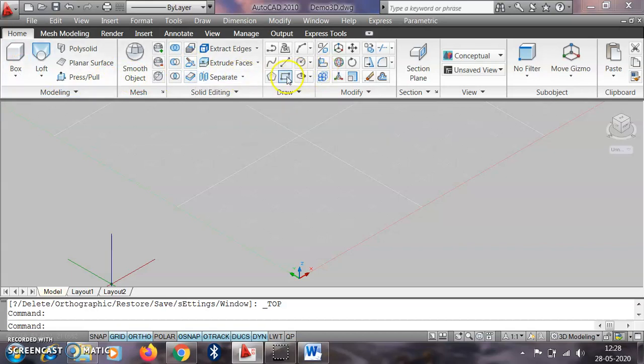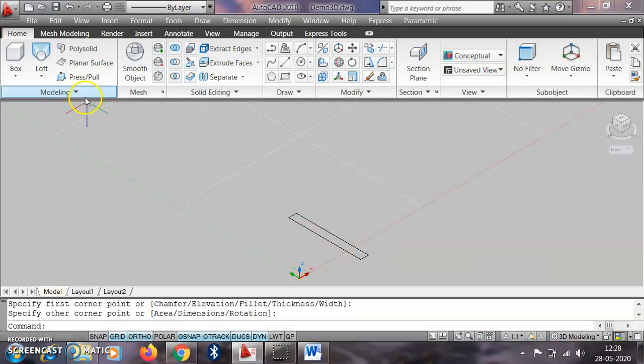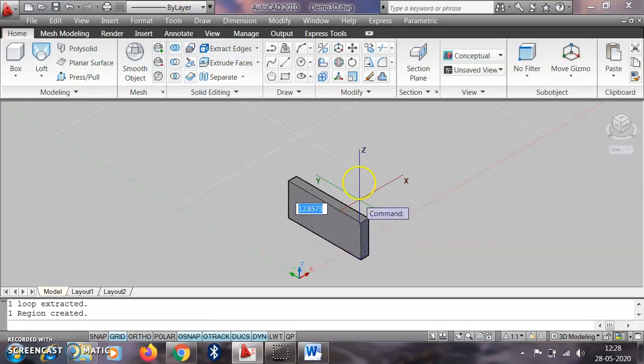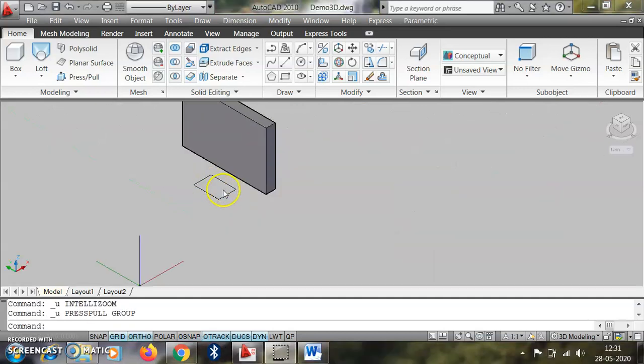Suppose this is the wall, and we know that with the help of the press pull command we can lift it, or increase the height. Suppose we want to cut a door from this wall.